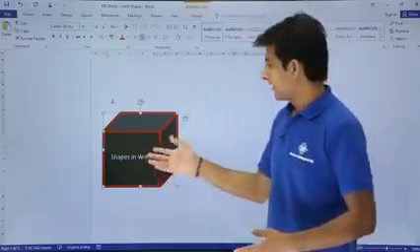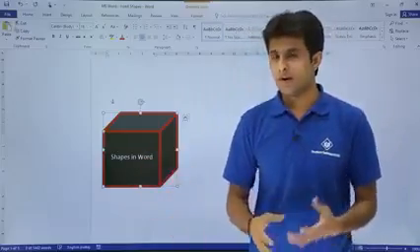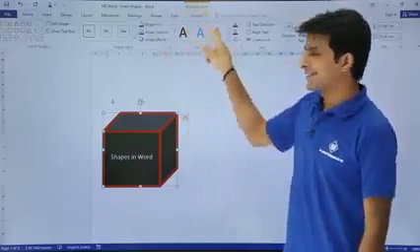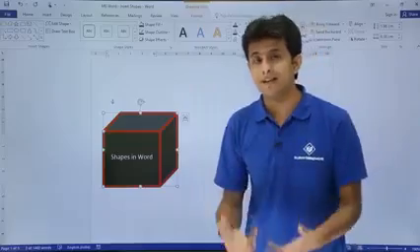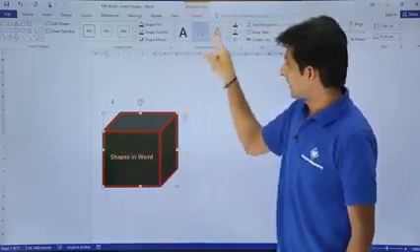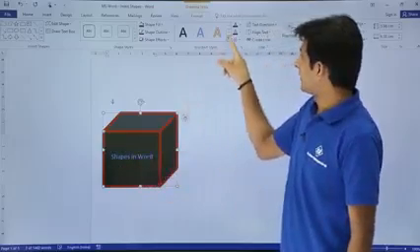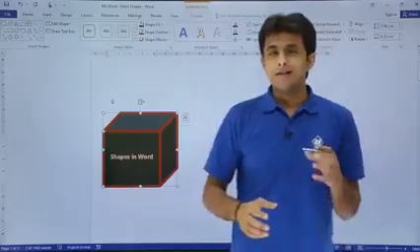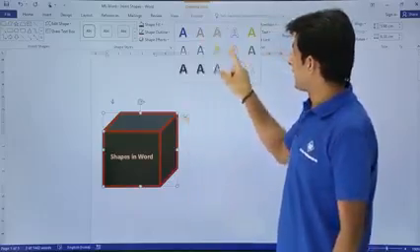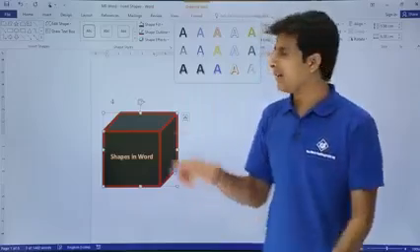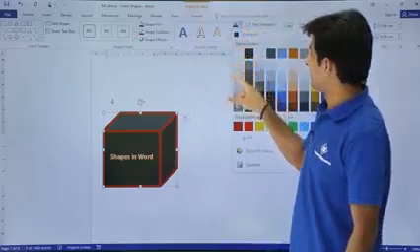Still, if you think the text has to be modified, you can go to the Format tab and choose these WordArt Styles. I'm talking about the text inside the shape. You can choose the WordArt style and observe what is happening here. I'll select this blue color. Also, I'll select some other color, this one. So the WordArt style changes. Similarly, these are inbuilt WordArt styles. If you want, you can choose your own style by clicking on this Text Fill color.